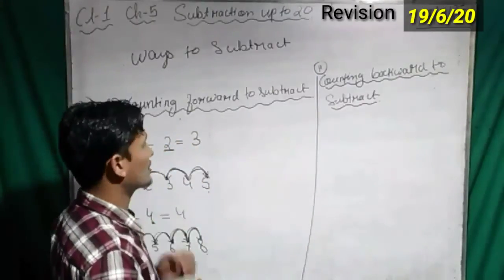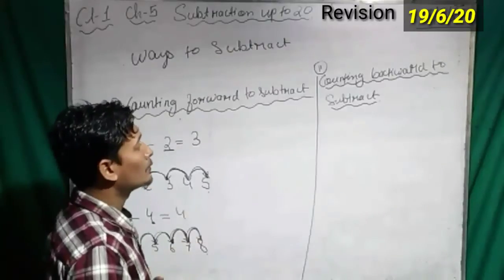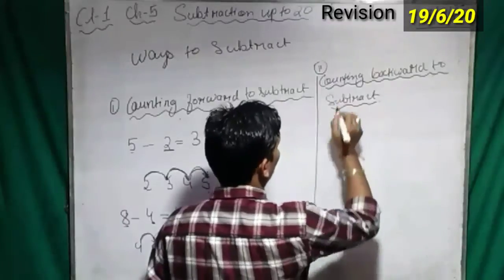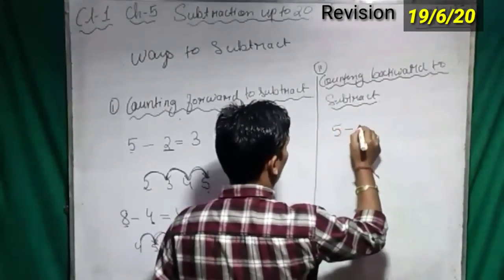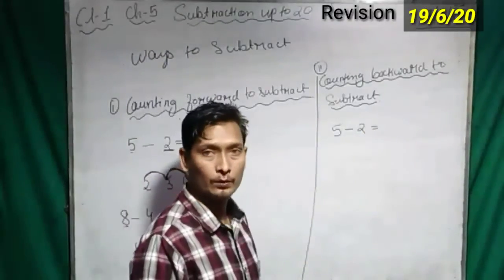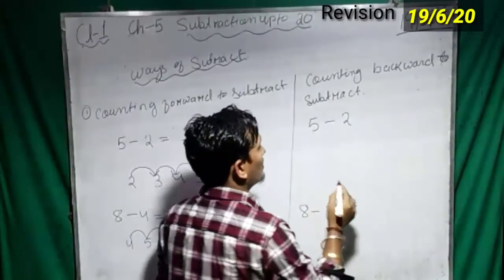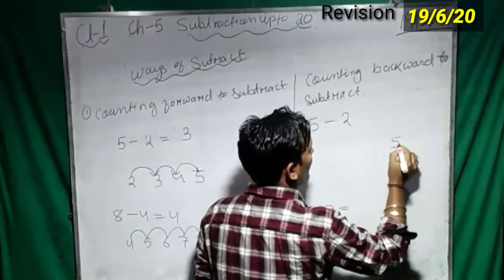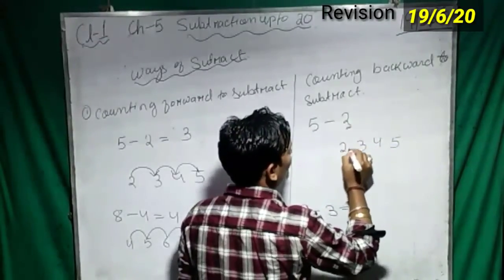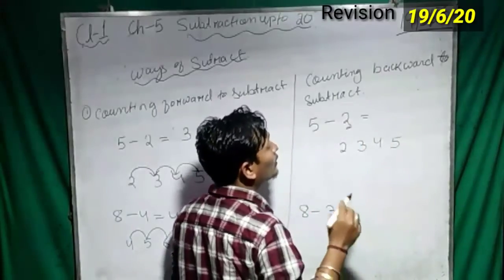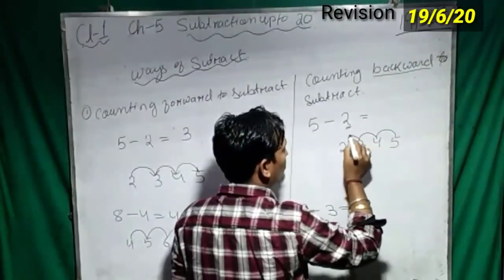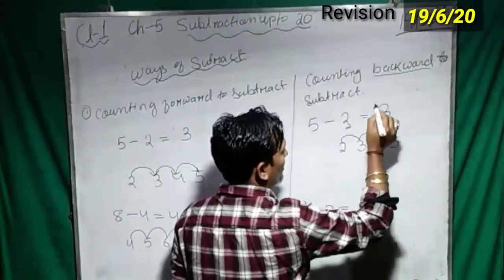Suppose let's see this question only, how we can jump when we are counting backward. So let's do it. 5 birds are there and 2 birds fly away. Here we will do backward counting. Okay, start with the bigger number, that is 5, 4, 3 and what is this? This is 2. So we have to reach 2. Now we are doing what? Backward counting. So 1, 2, 3. How many steps? Yes, 3 steps.